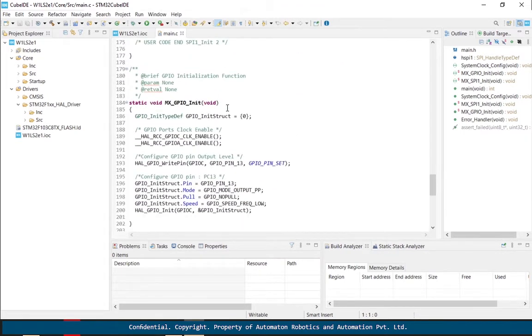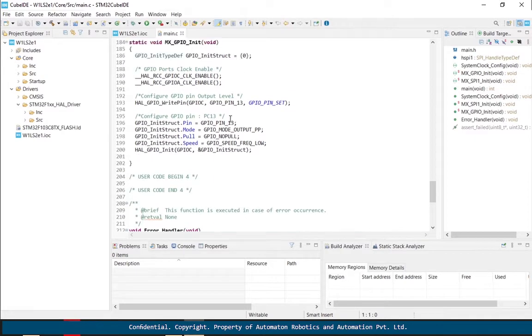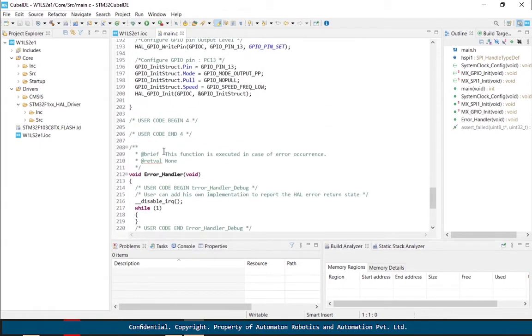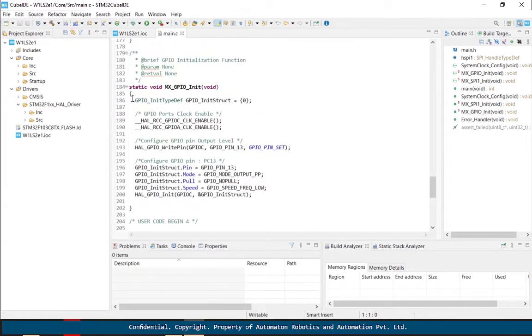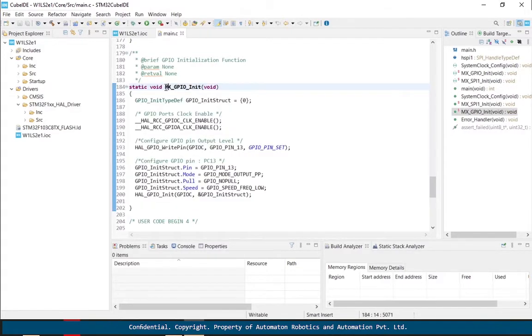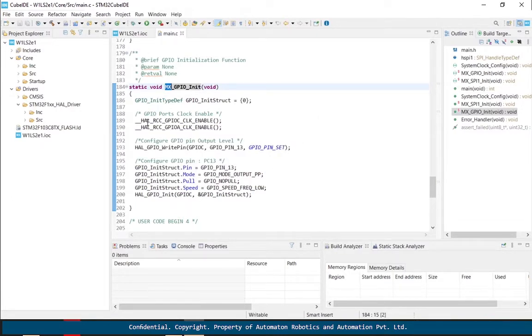If you have selected a UART, you will see the UART initialization. And over here, I see my GPIO initialization as well. Within the GPIO initialization, you can see the different things that need to be initialized. You have the pin, the mode, the pull, and the speed. MX stands for CubeMX that we are using. And MX is basically the software developed by ST to do this in a GUI